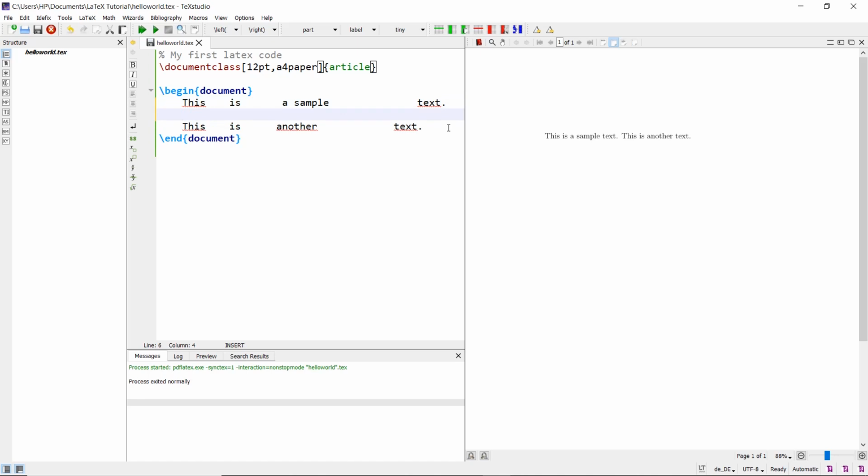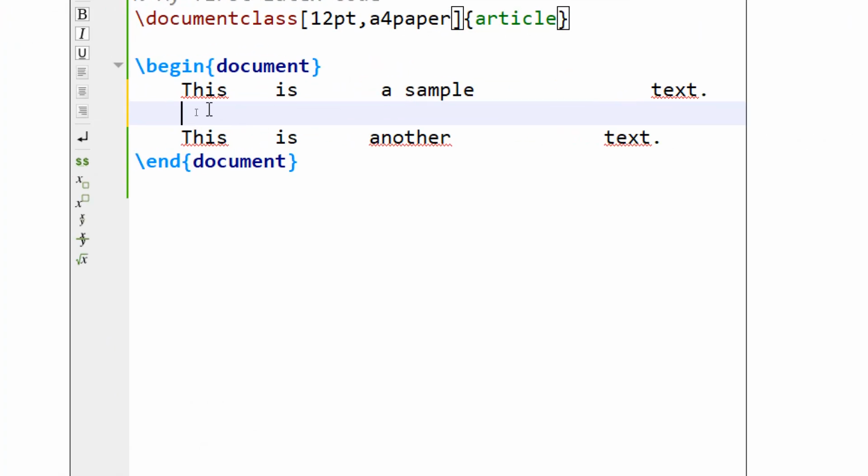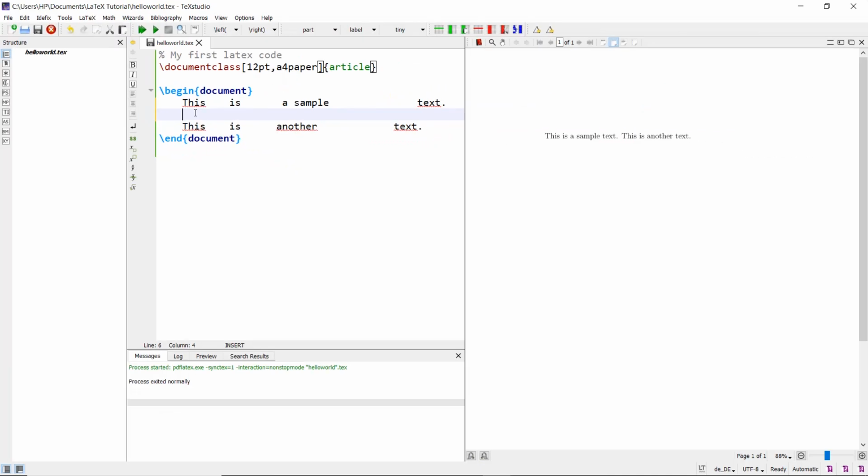To make LaTeX put the content on the next line, just specify a blank enter. Now let us see what happens when I typeset this. You can notice it has now gone to the next line.